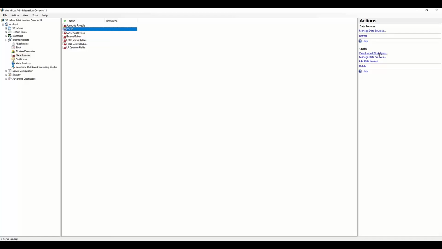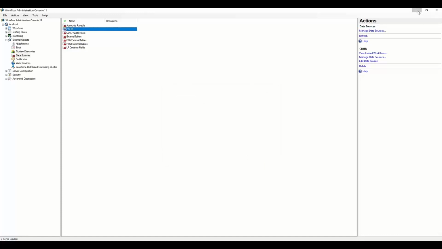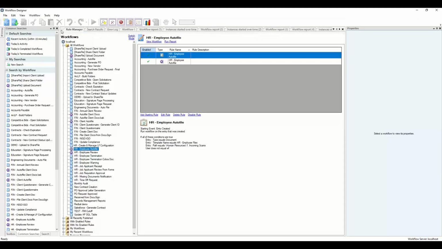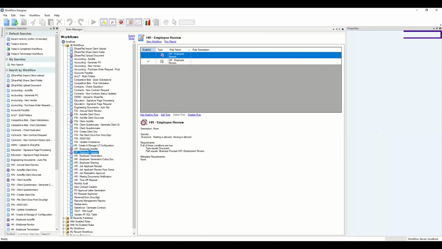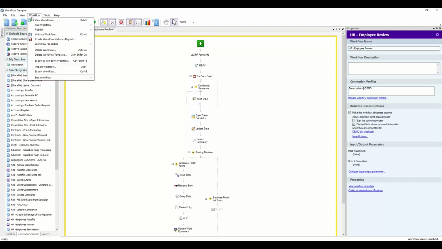So here in our invalid data source, if we view our linked workflows, we can see this is in our HR employee review workflow in version 8, as well as version 1. So let's go back to our workflow designer. And I'm going to close all of my other tabs. And we'll take a look at our HR employee review workflow. So this is the workflow that is using that external object. If we validate our workflow,